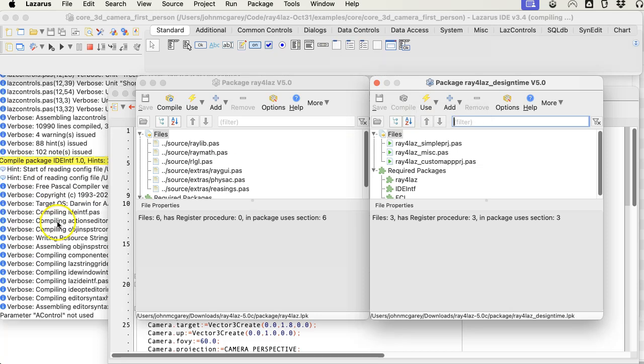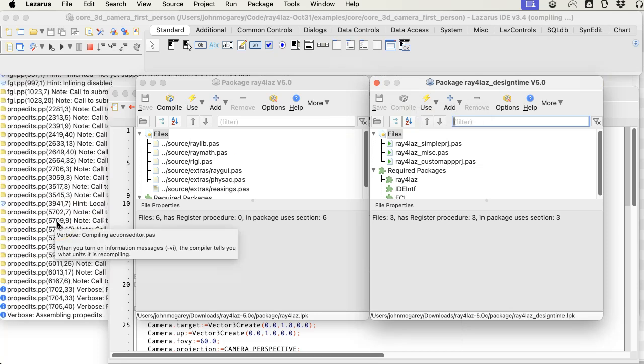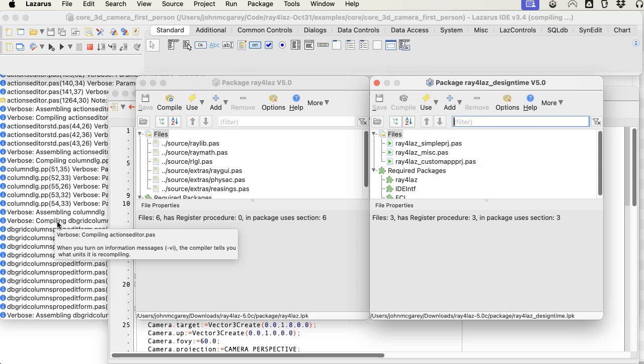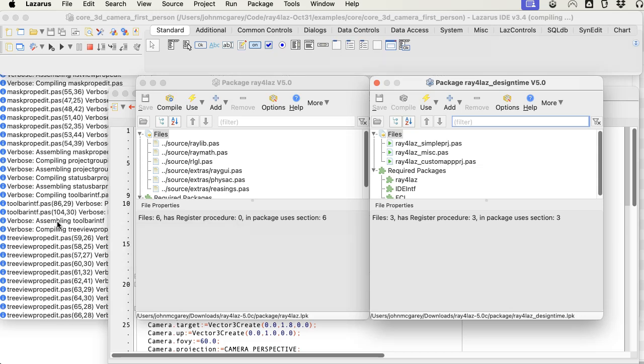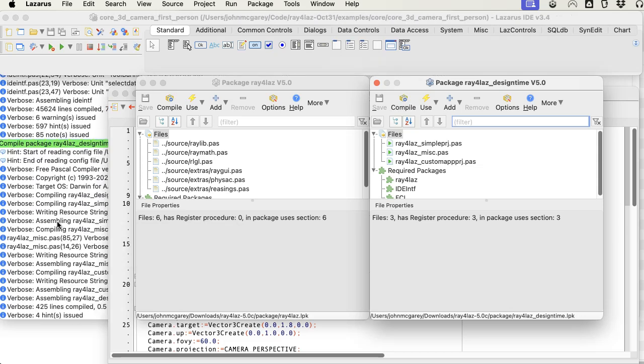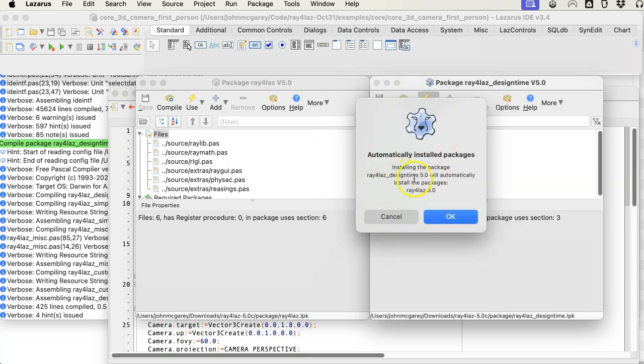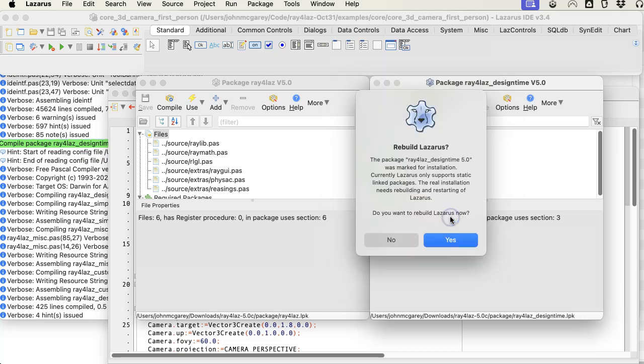And you let it do its thing. It's just a minute. Okay. And then install. Automatically installed packages. It will automatically install this other one that you compiled. Yes. And then rebuild Lazarus. Yes. And now this step I had problems with the first few times that I tried to install Lazarus, but